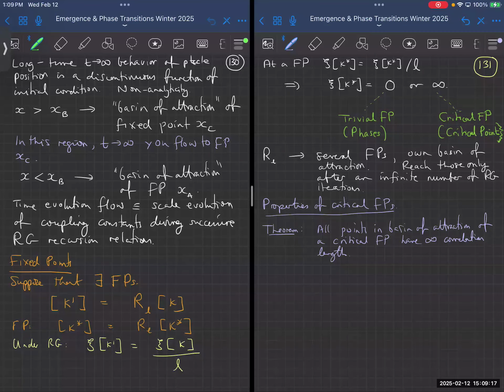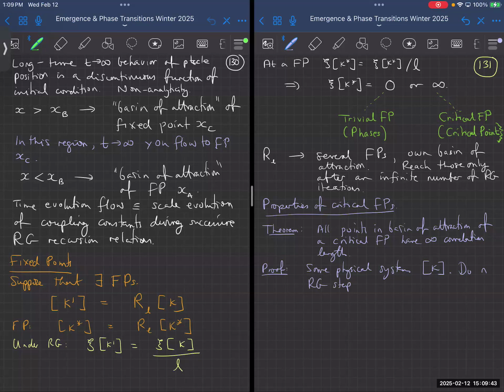Okay, so how do we know this? Well, let's suppose I have a physical system, say some magnet, and it has some coupling constants K. Then after n iterations